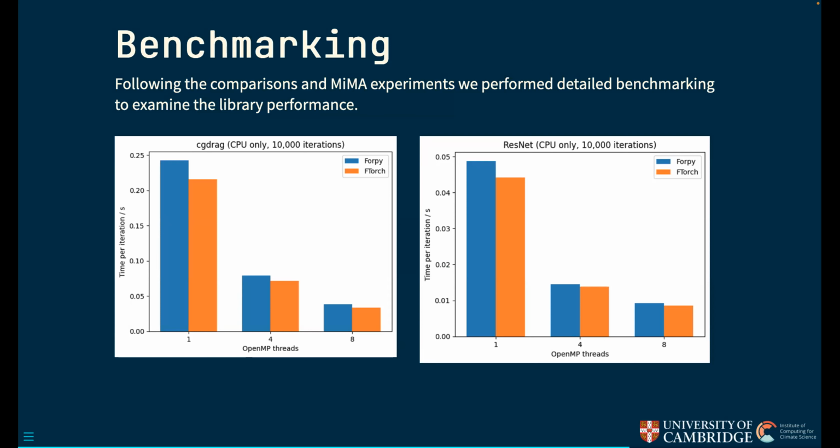We found that using OpenMP helped speed up CPU calculations. And this is likely because of the optimizations that are written into PyTorch. And again, emphasizing the fact that using the API straight into PyTorch, there's a lot of stuff under the hood in there that's going to speed up your simulations that you're not necessarily going to get if you try and write it out just in Fortran, say.